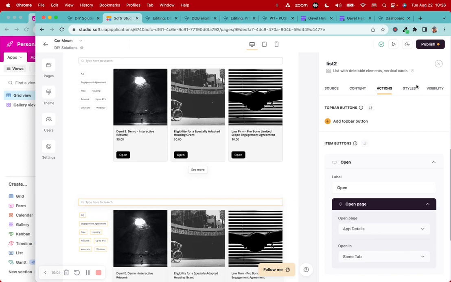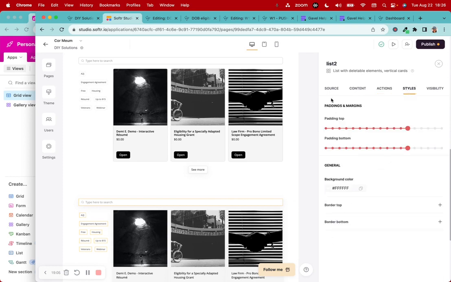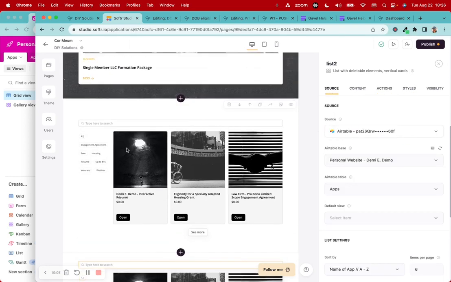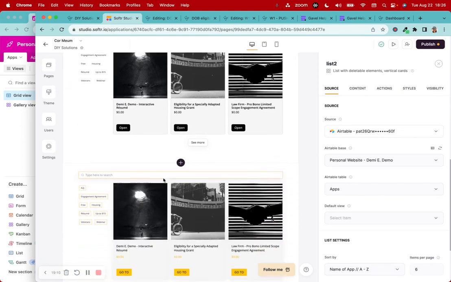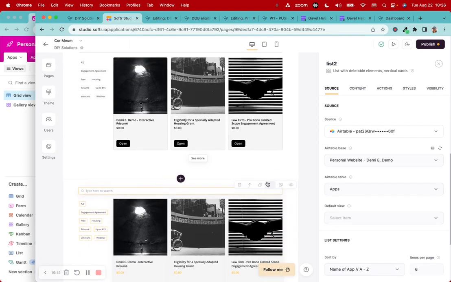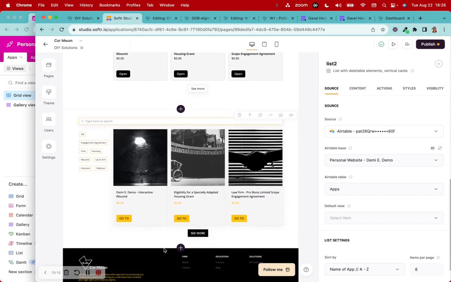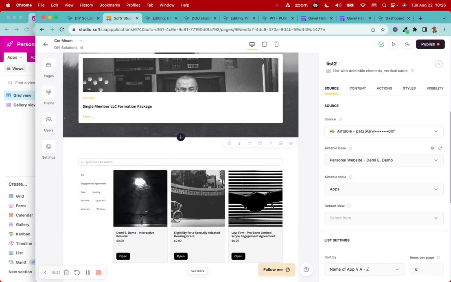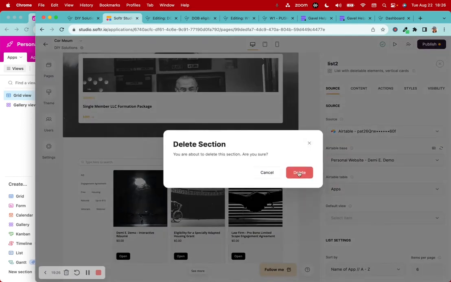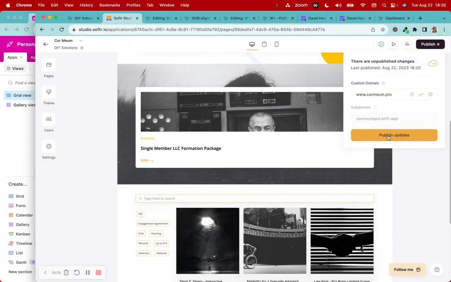Now you can then go through and make all these styles different. In my case, I added some borders, different colors and different shadows around each of these sections. I changed how these buttons appear to be more square, for example. So you can do lots of customizations. And once you're done with all of this, you can publish that. And what it would look like at the end of the day is